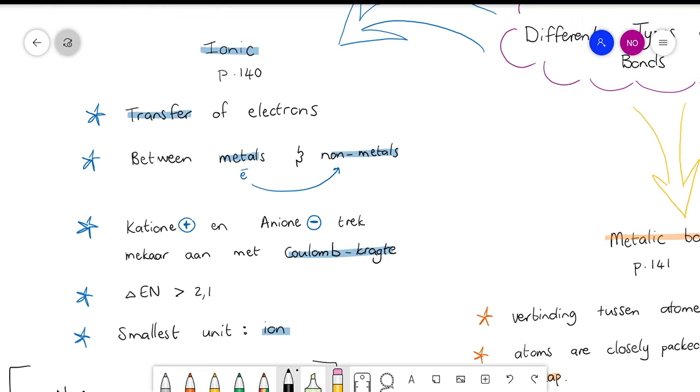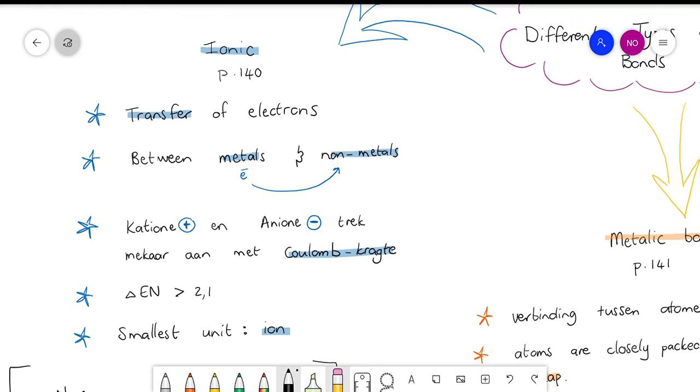You guys also need to keep in mind those atomic ions that we did in the first term, hulle is ook ione, so hulle neem deel in ioniese bindings. So wees net bewus van hulle ook. So what happens is, it happens in steps. Daar gaan eers 'n oordrag van elektrone wees, en ek het vir julle een hierso geteken waaroor ons nou gaan praat. So the first step will be that the electron or electrons is transferred from the metals to the non-metals,